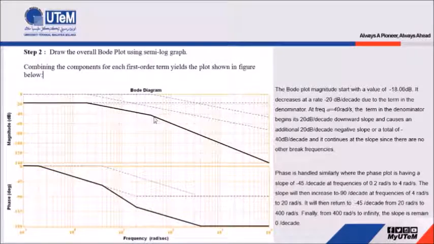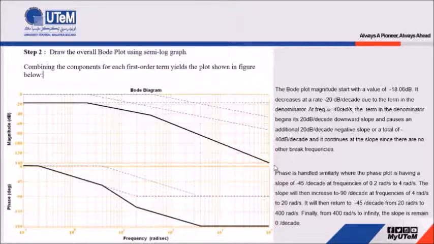And then after this cutoff frequency, there is no other cutoff frequency, so we just draw a straight line till the end. Okay, this is the overall Bode magnitude for this system. So we can see here the starting point is at negative 18.06, and then at the first cutoff frequency, this plot decreases 20 dB per decade till 40 radian per second. And at this 40 radian per second, because we have two components with the same slope, negative 20 and negative 20, we just add them together, and then the slope becomes negative 40